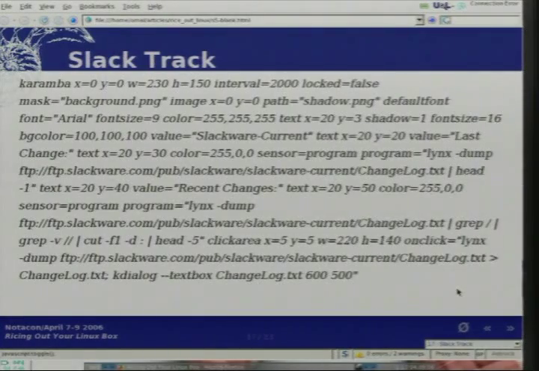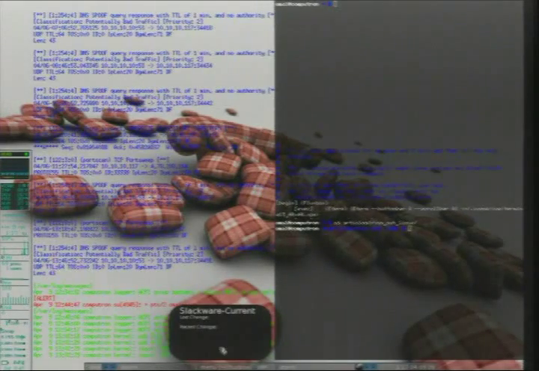That is all of the code I uncommented for the theme that I have running on my desktop. This is not doing a whole lot since I don't have a net connection, but this basically shows me the last thing that changed in Slackware current, and it shows me the recent changes. It also could be looking a lot prettier. You can make these transparent. In fact,